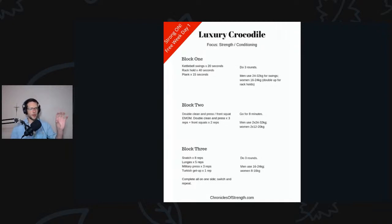So 20 seconds of swings, 40-second rack hold, and we're going to finish with a 15-second hard style plank. You'll hit the ground, hit a plank for 15 seconds. 15 seconds doesn't sound long, but the key for a hard style plank is to tense everything as hard as you can throughout the 15 seconds. So abs squeezed, glutes braced, quads tight, kneecaps pulled up, gripping the ground as tight and as hard as you